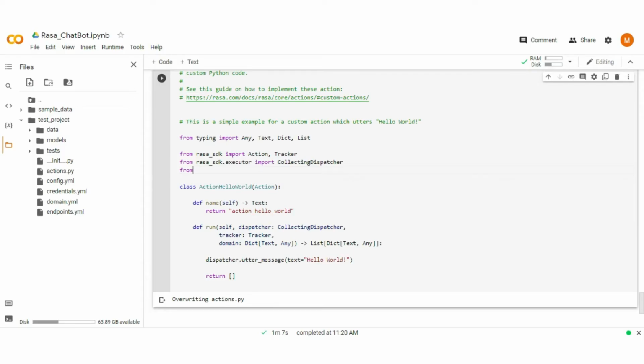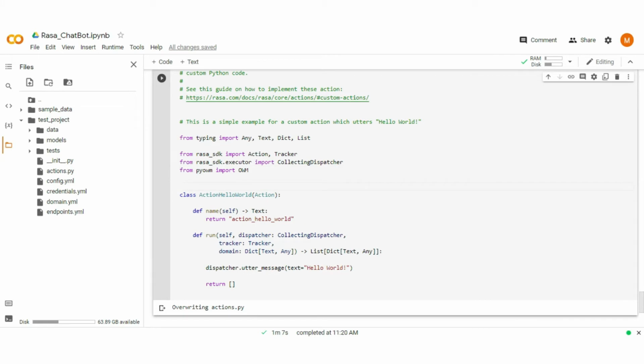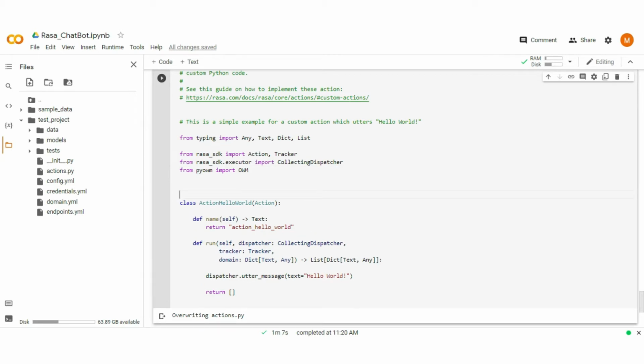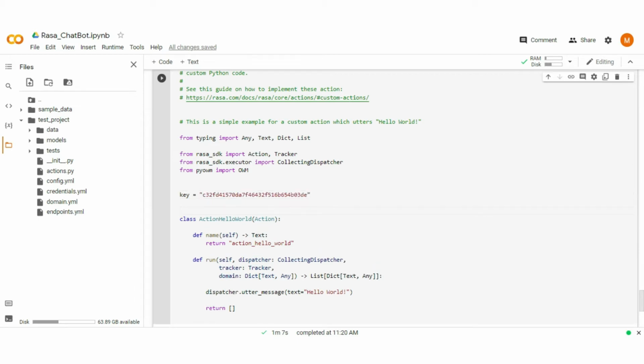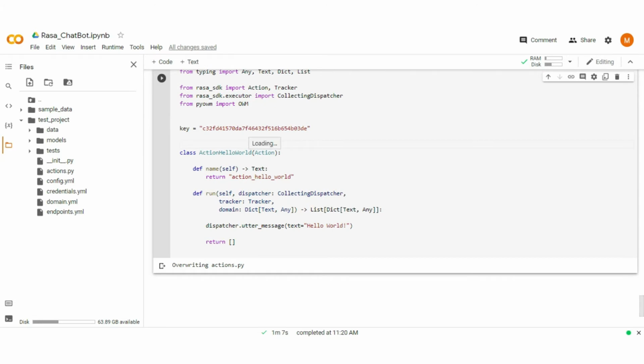First, import the OpenWeatherMap library. Declare the key and put the key in string format. Change the class name to action report. Change the action function name to action weather.